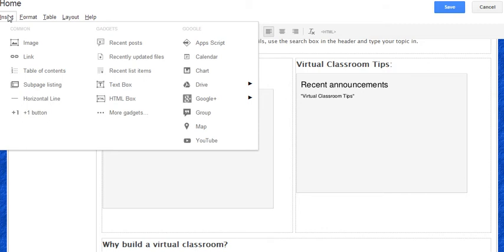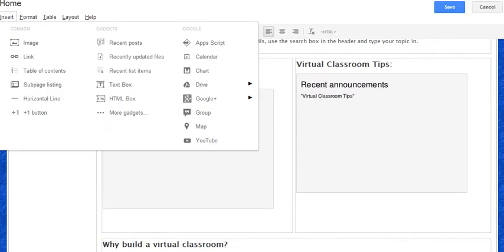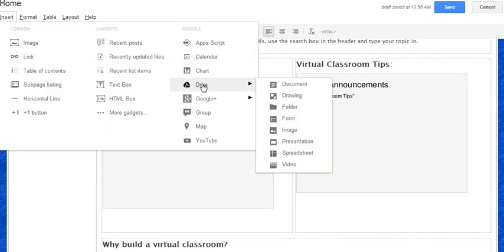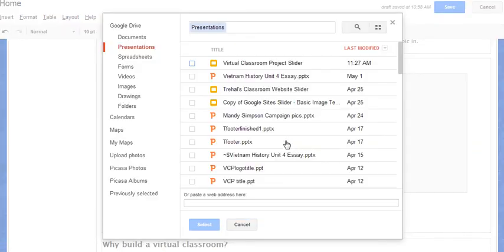Because it's all enclosed in the Google system, you don't need to use an embed code or anything like that. When we were in the presentation, it gave us a link to use, and you normally use this share link. You don't need to worry about any of that because this is all in-house. So you just go to Drive, then you go to Presentation, and any presentations that you've created using that same Google Drive, the same Google ID, show up here. And then of course all you have to do is click this,